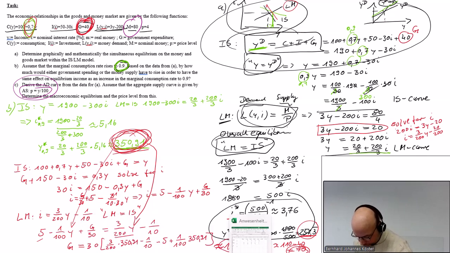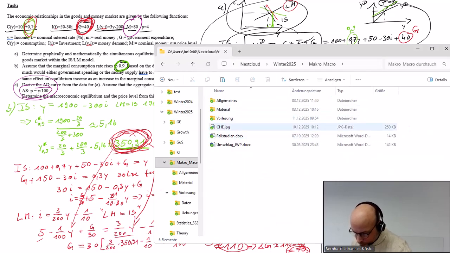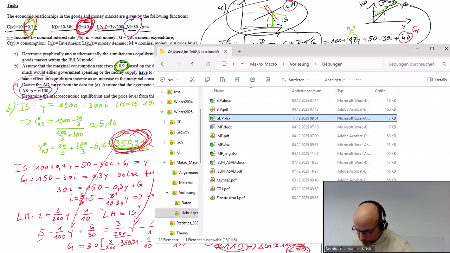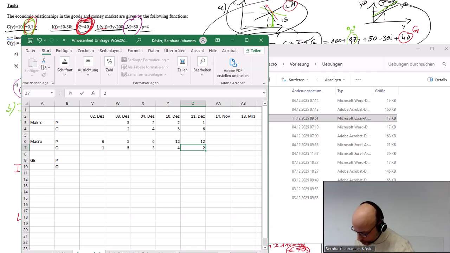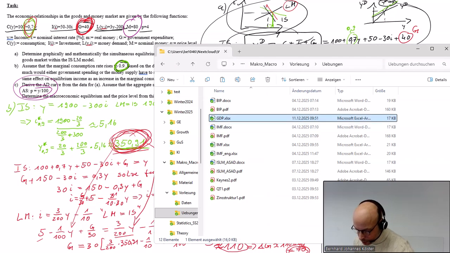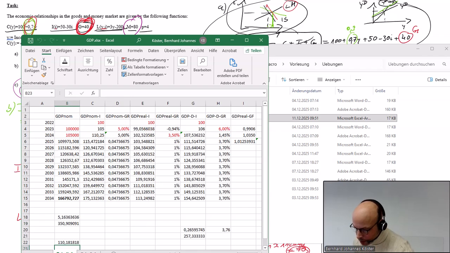Okay, and then I also need my Excel file in a minute. Is it opening? Here it is. So,